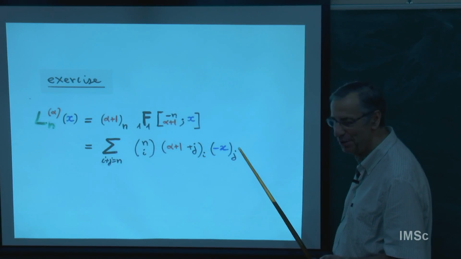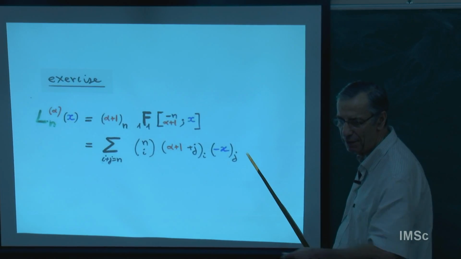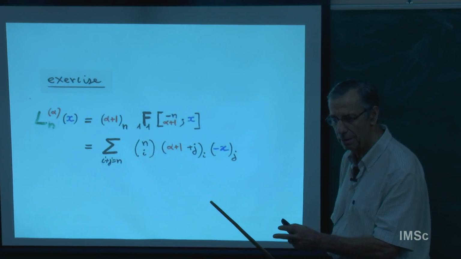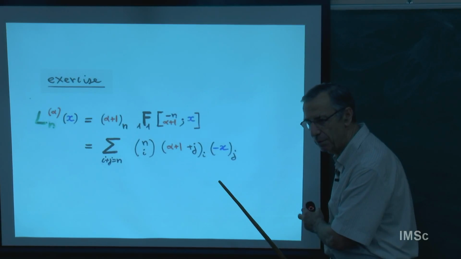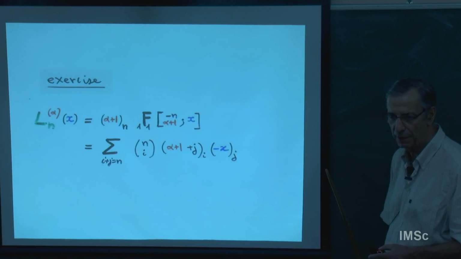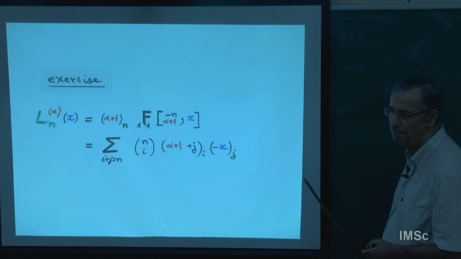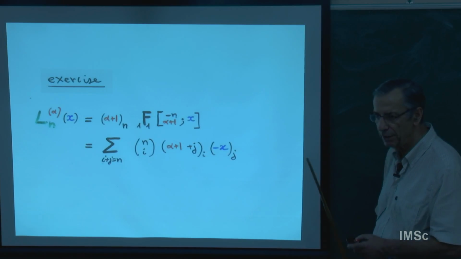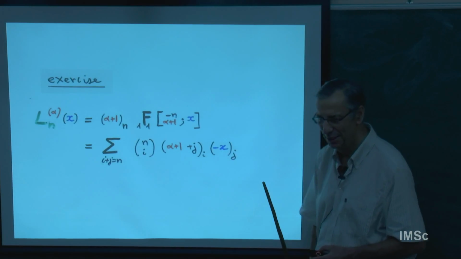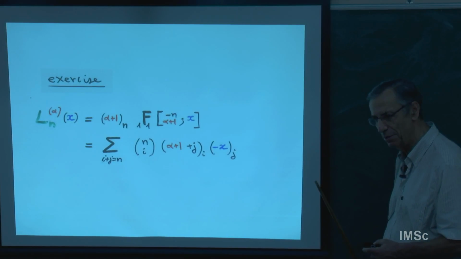Oh, sorry, I did not define this. It's minus x multiplied by minus x minus 1. It's a falling factorial. The index j of a number is this number multiplied by the number minus 1, multiplied by minus 2, minus 3, minus 4, and so on. This is called the descending, falling factorial, and there is a rising factorial where you put x plus 1, x plus 2, x plus 3. In fact, the Lah numbers can be defined by the way to go from the rising factorial to the falling factorial. This gives you two bases of polynomials, and the matrix changing the two bases gives you the Lah numbers.